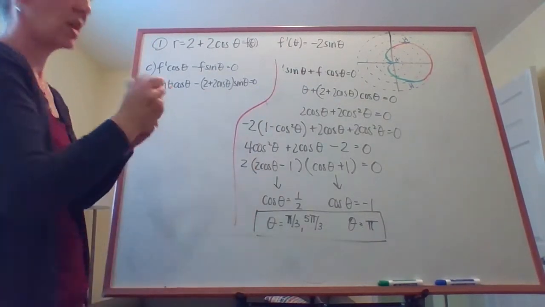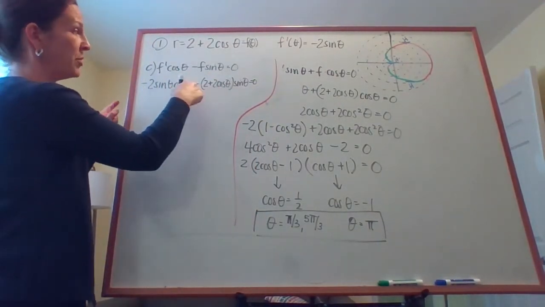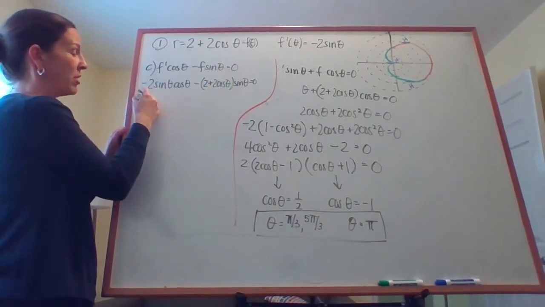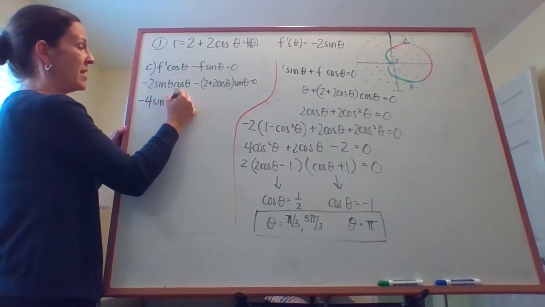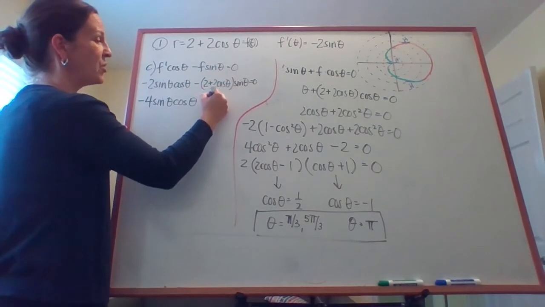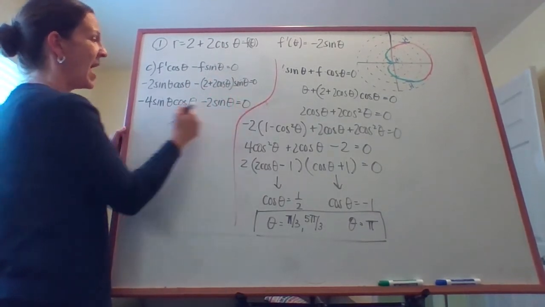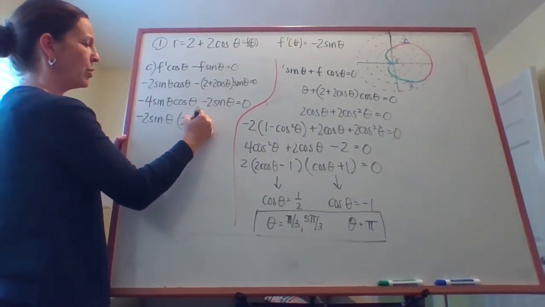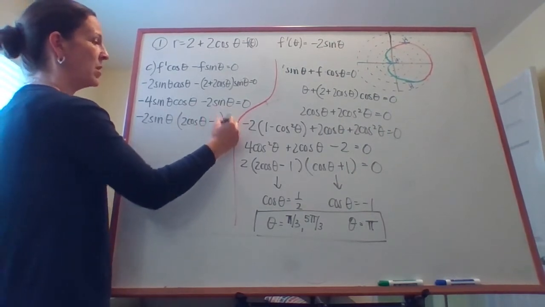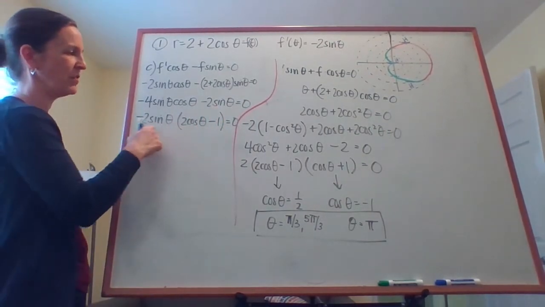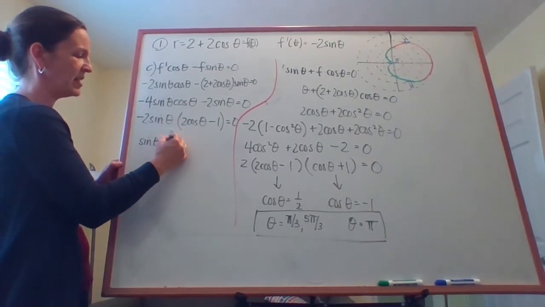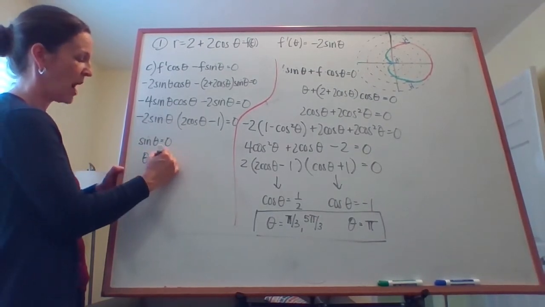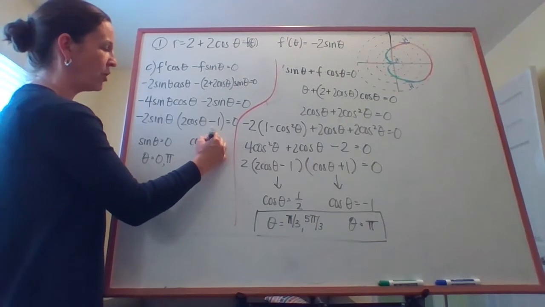All right. So, if I distribute here and combine like terms, I'm going to have another -2 sine theta cosine theta. So altogether, I'm going to have -4 sine theta cosine theta minus 2 sine theta. And that gives me a common factor of -2 sine theta, which means that I have 2 cosine theta minus 1 here. And if I set each of these equal to 0, then sine of theta is 0. I mean, I have a -2 here, but when I divide by -2, I end up with sine theta is 0, which happens at 0 and pi. And here I have cosine theta is,